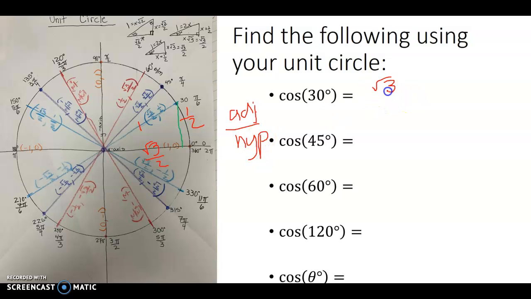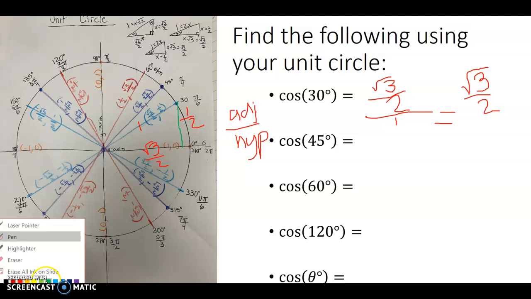Adjacent is square root 3/2, all divided by 1. So square root 3/2. Okay? So now go ahead and find cosine of 45, cosine of 60, cosine of 120, and regardless of